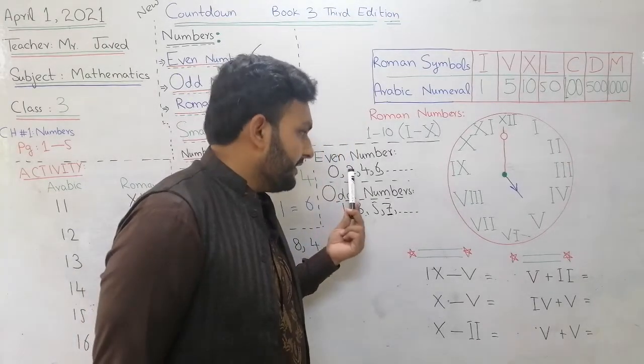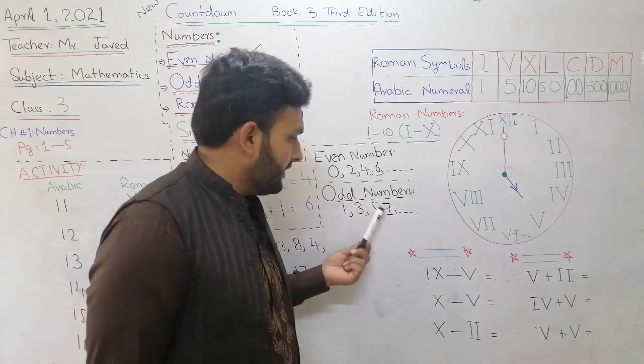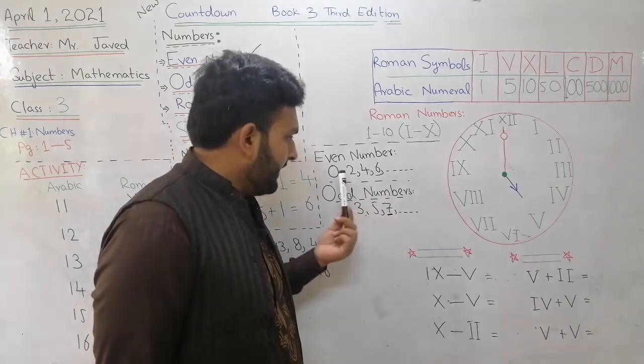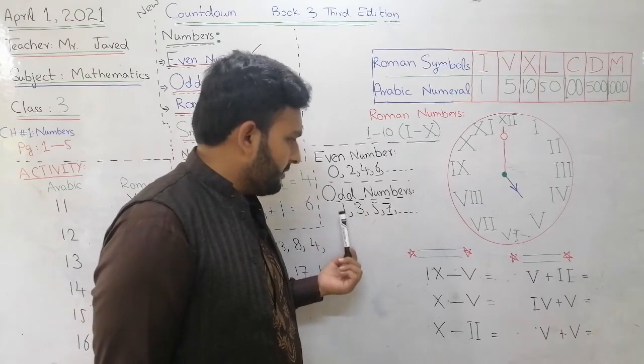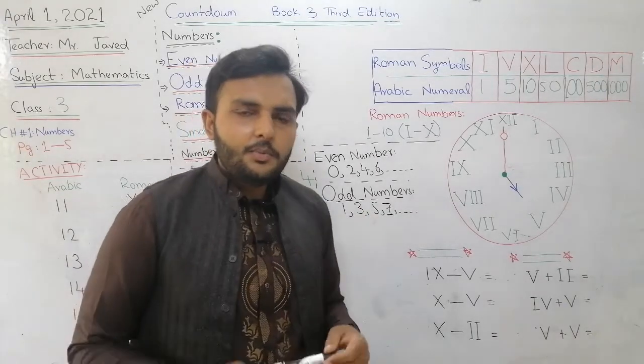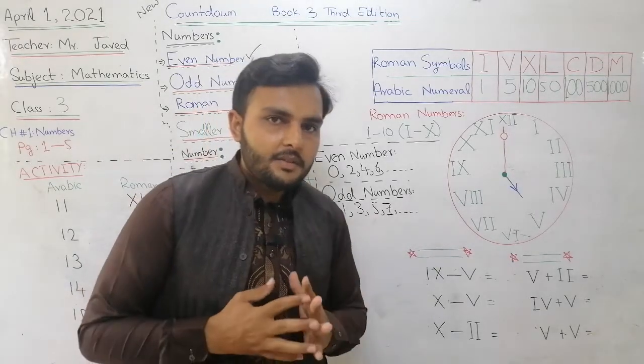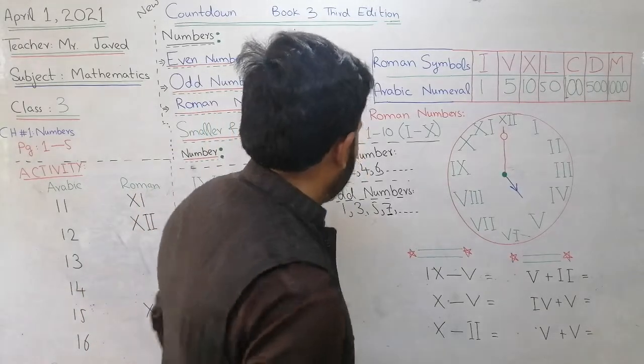The numbers that are even can never be odd. The numbers that are odd can never be even. Look, 2, 4, 6, 8, and between these spaces are the odd numbers 1, 3, 5, 7. So I hope you people understand this very well, even numbers and odd numbers. And the next,